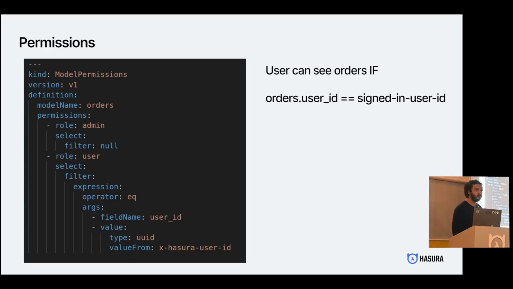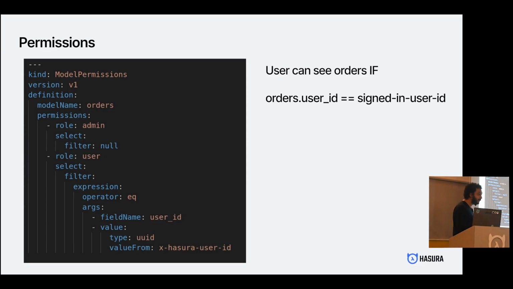So why would you want to do this, right? One, it's declaratively defined, which means any query that you make to your Supergraph, this permission will apply. So it doesn't matter if you directly query the orders table, if you do user.orders, if you join it through some different table, if you use any filters, if you use any aggregations, it doesn't matter what kind of query you do. This predicate will always apply.